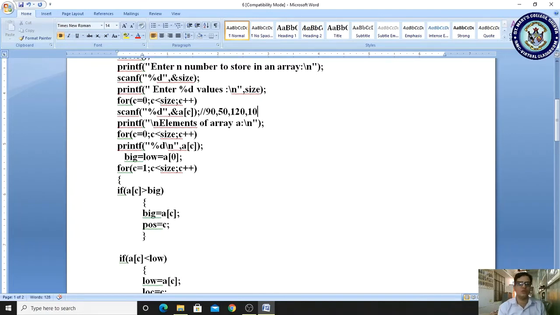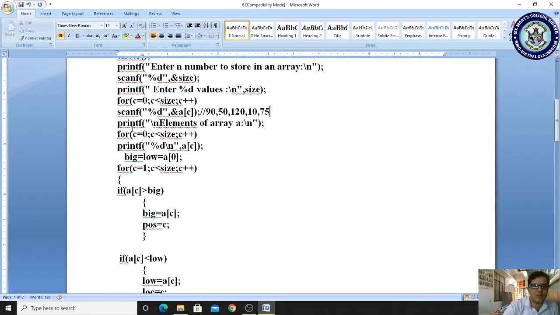In a of 3 we store 10. Then c becomes 4, less than 5, condition is true, and in a of 4 we store 75. Likewise you can store, and once again c becomes 5, 5 less than 5, condition false.